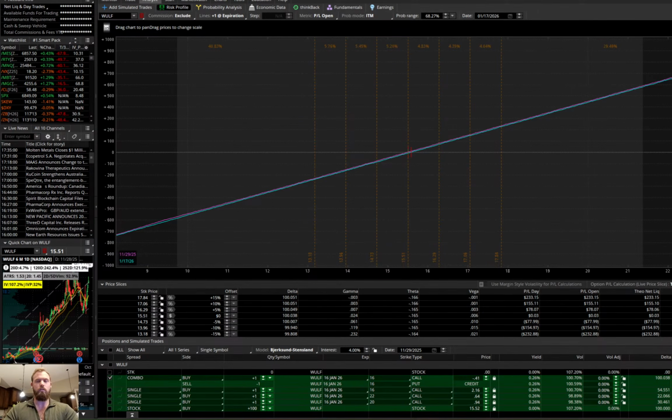This is in a contributory IRA account. So that means that that put is cash secured. If the put wasn't cash secured, if you guys can let me know what the short put requirement would be, then I can figure out what the margin would be for a Reg T account. So if one of you guys could take a look at what the 16 Jan 16 strike put is in terms of margin requirement, I can update that. But right now it's cash secured.